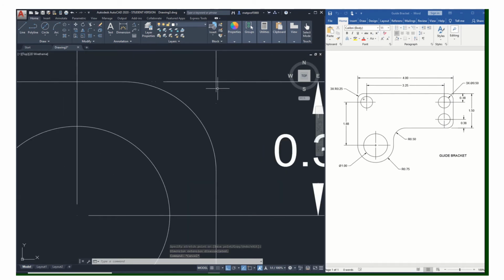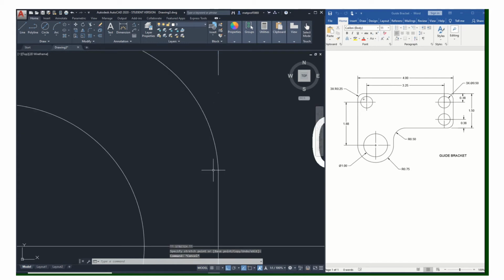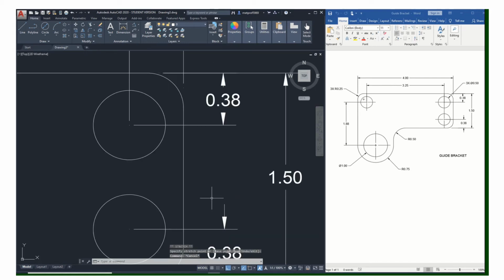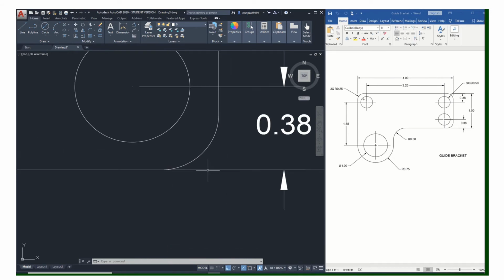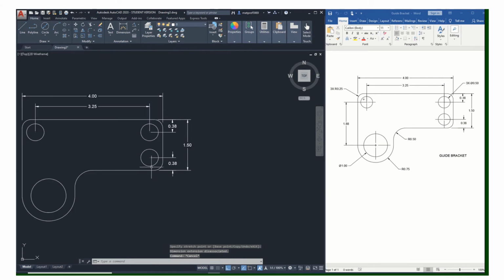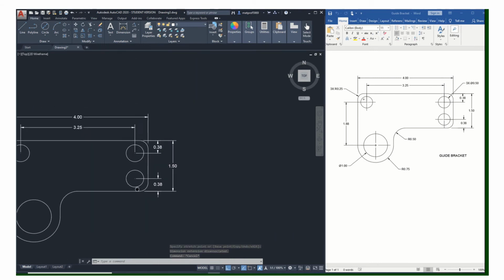Try to be somewhat consistent. Oops, let's try that again. There we go. Same thing here, I've got two sets, so I'm going to have to come down. I'm hitting escape when I move one, then hit escape, and then you can move the other. Okay. I do need to call out the dimension on this